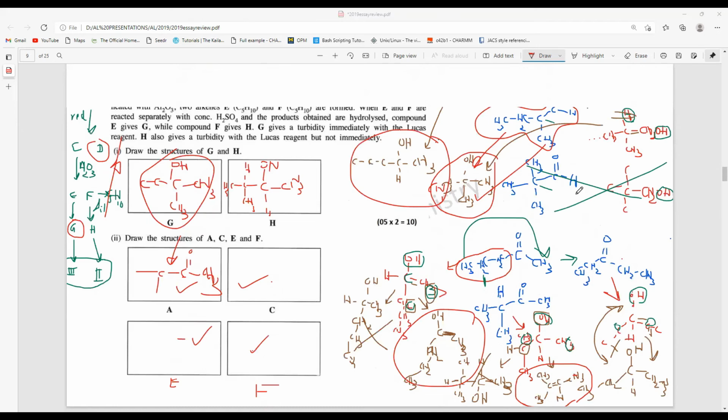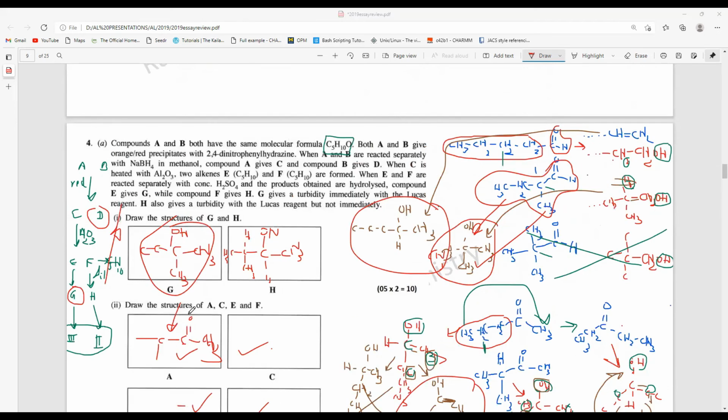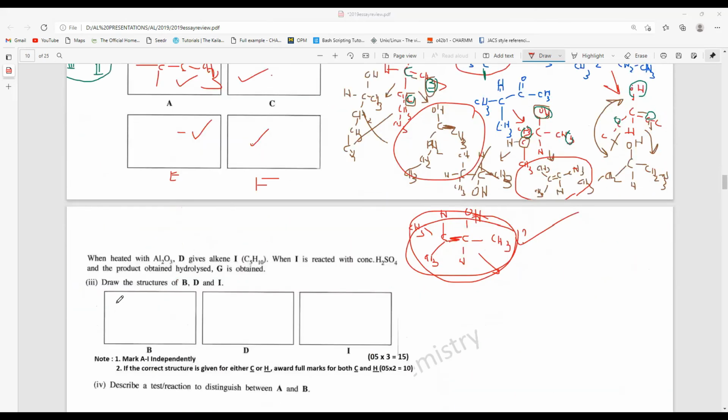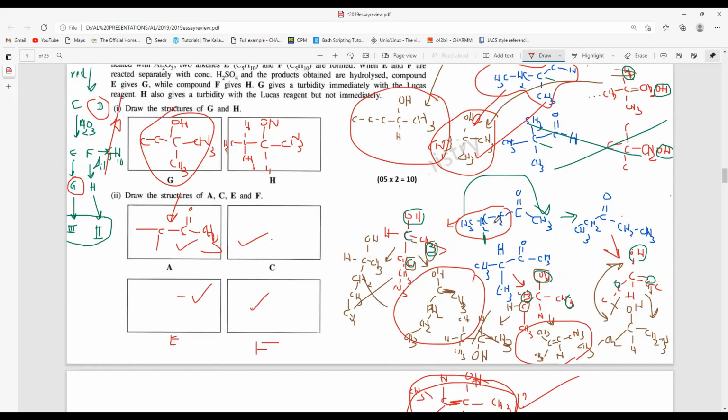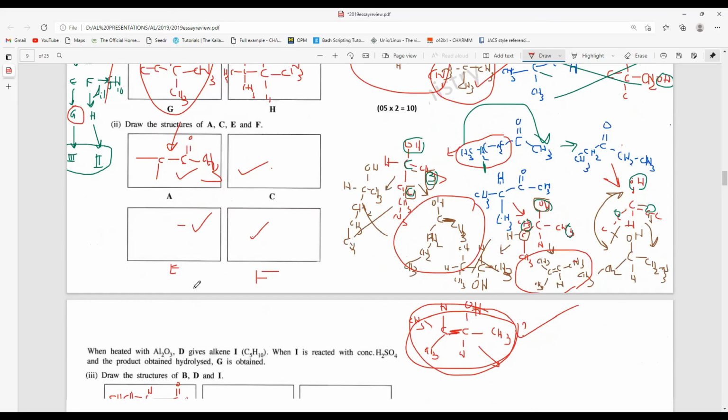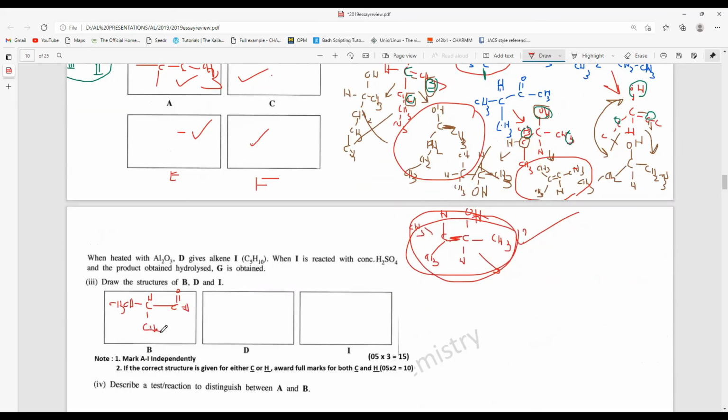So based on this, if my aldehyde is this one, you can draw it in this box. Basically, it would be CH3, CH, and this aldehyde. Here there will be a hydrogen based on this structure, and CH3 and CH2, CH3. So if this is B, then D gives the